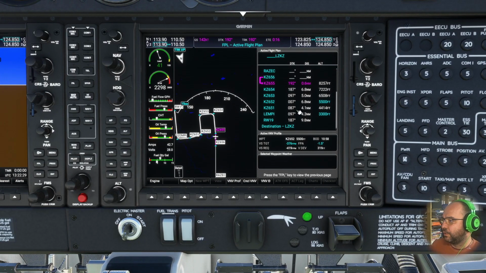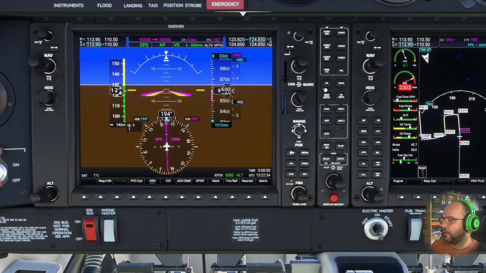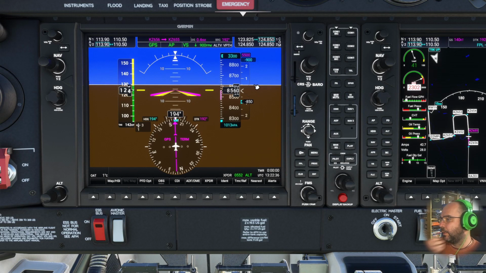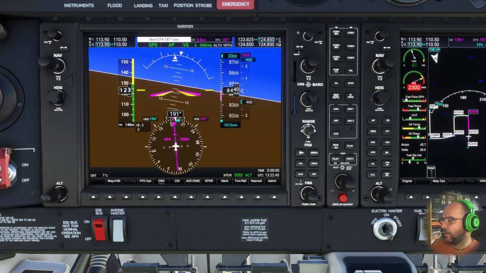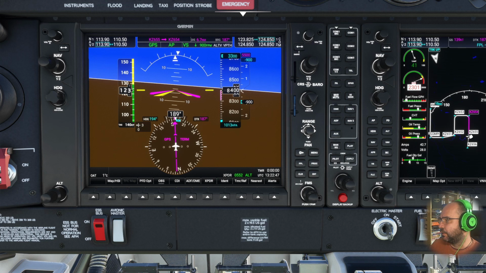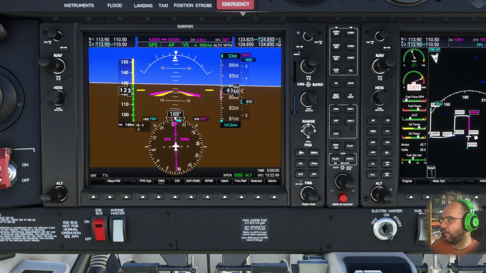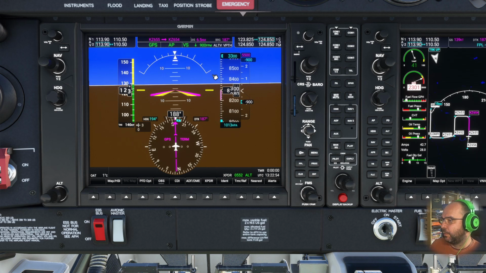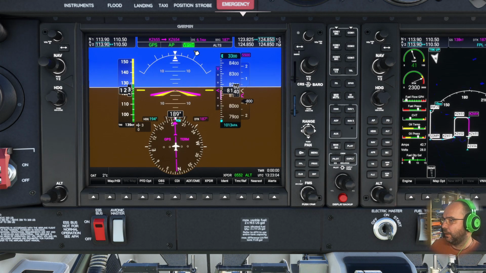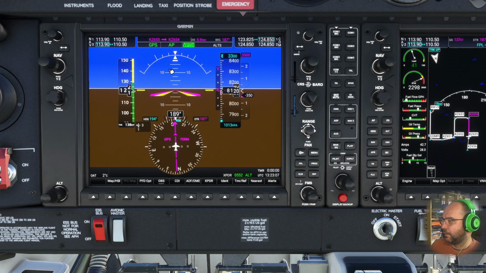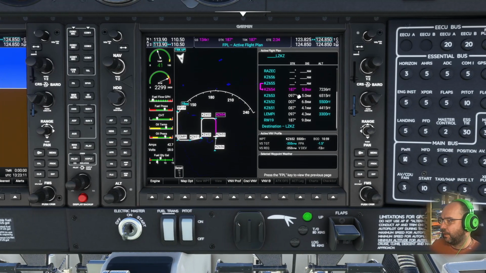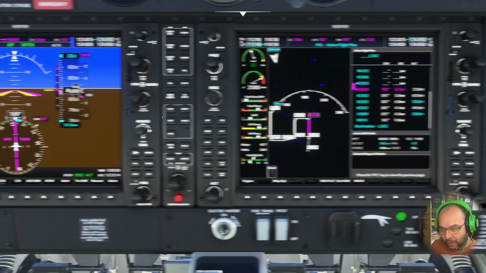We should catch up with 655, which is 8200 still, and we're going to miss it on 6000 on Kilo Zulu 655, but right after that we should recapture the vertical path, and here we go. Now we're back on the vertical path profile. Now we continue like nothing happened,